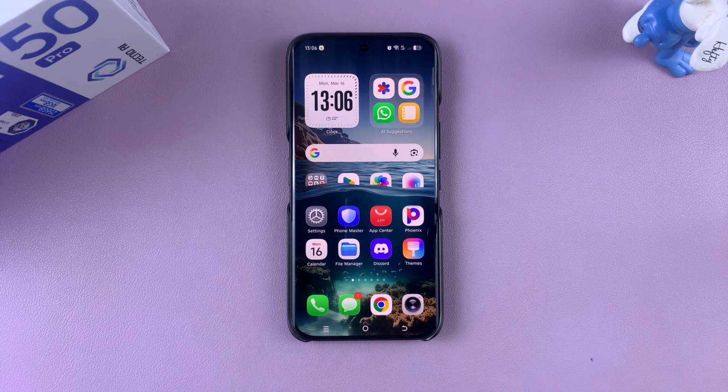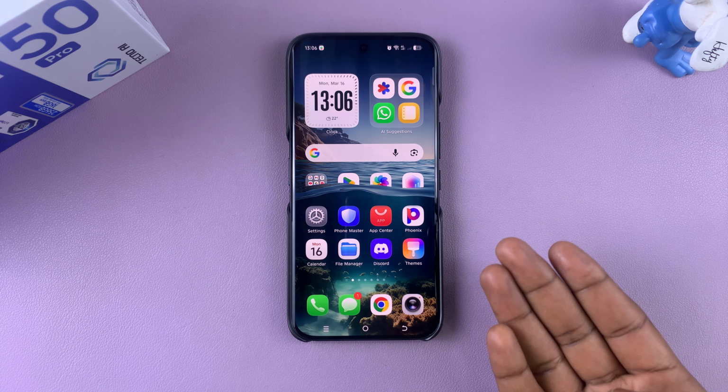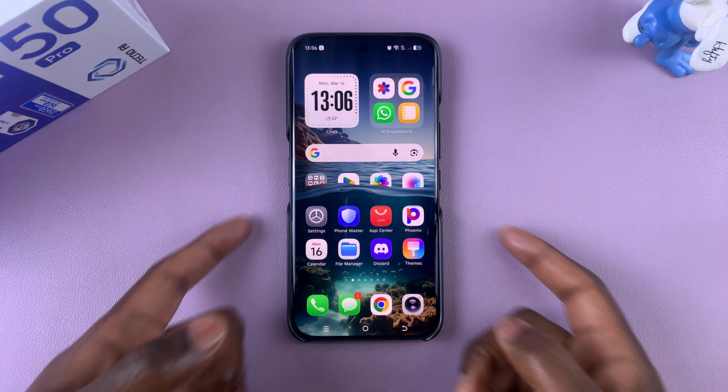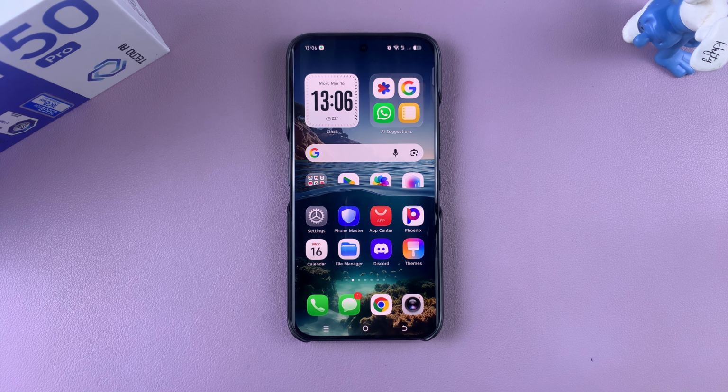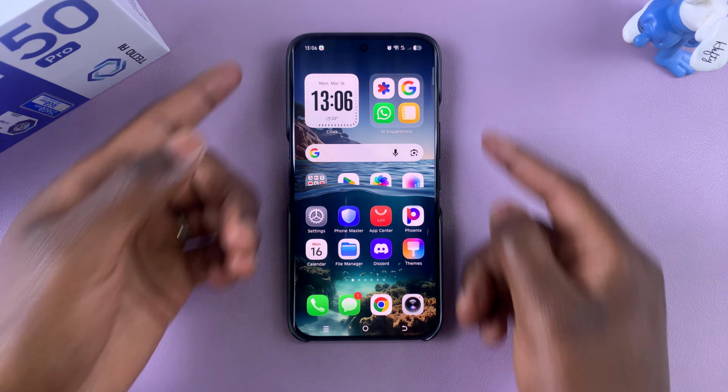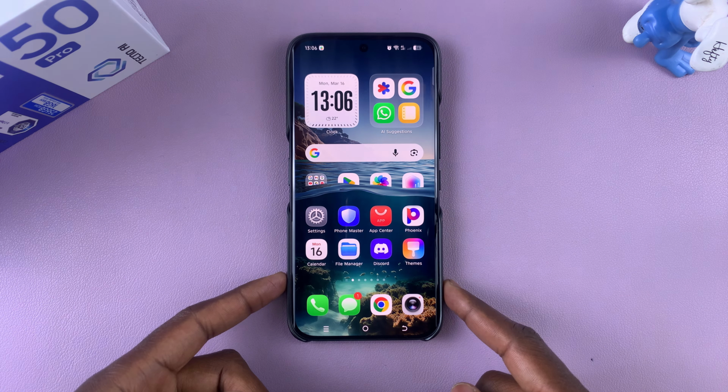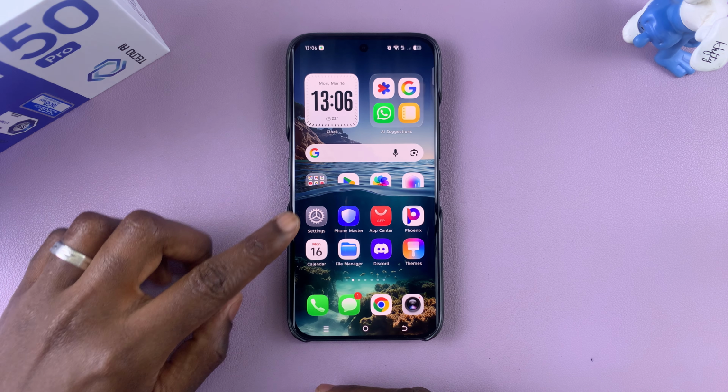In this video, I'll show you how to enable the virtual RAM or add an extra RAM to your phone on your TECNO CAMON 50 Pro or 50 Ultra. Now, by default, this phone comes with 8 gigs of RAM, and if you want to extend that to set some virtual RAM,